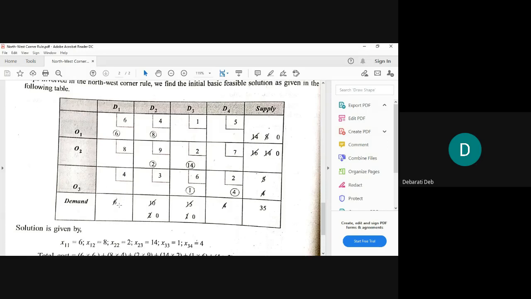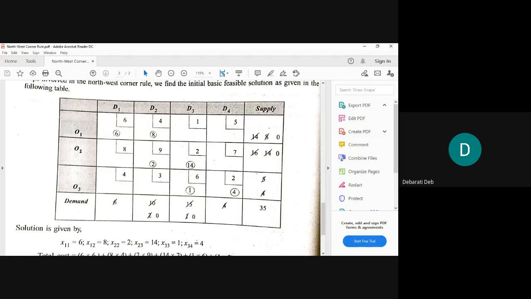There is 0, right? Now we have to see whether we will move downward or move to the right side. How to check that? Who will tell me? Who knows the answer? Tell me. How will we check whether we will move downward or right hand side? Ma'am, if supply is greater, then we'll move right hand side. Yes, if supply or the row total is more, then we will move right hand side. If the column total is more, we move downward.